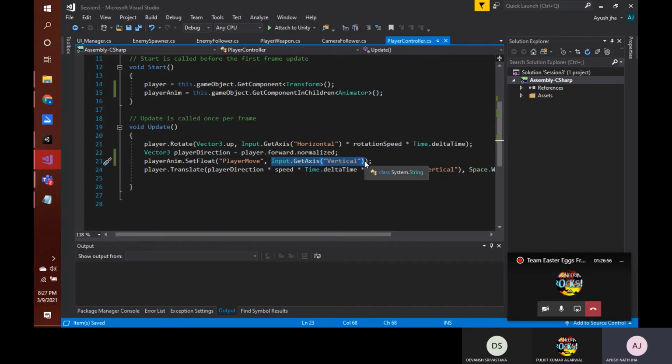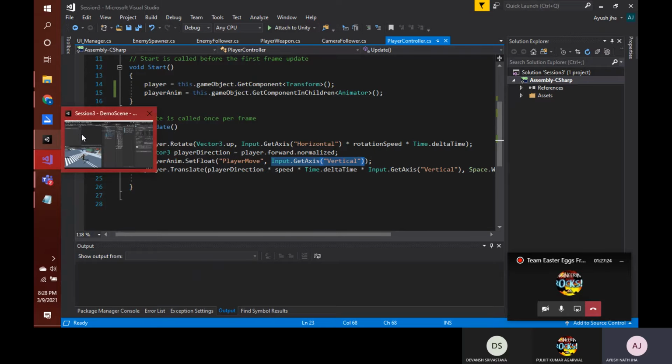Okay, and it will interpolate, which means it will not jump directly to 1, but it will move slowly to 1. So whenever we press the W key and this update function keeps on running, the input.getAxis vertical value will increase from 0 and go to 1. As soon as it crosses 0.05, this player move value will also be constantly updated.